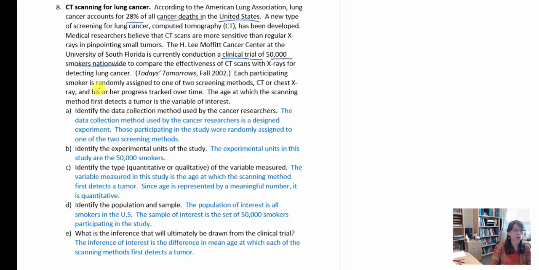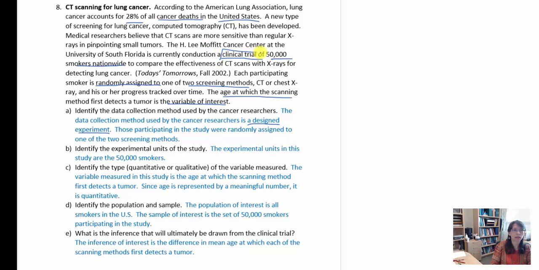Each participating smoker is randomly assigned to one of two screening methods, CT or chest X-ray, and his or her lung progress is tracked over time. The age at which the scanning method first detects a tumor is the variable of interest. For Part A, we're going to identify the data collection method used by the cancer researchers. So the method used is a designed experiment, and we can tell that it's a designed experiment because there is